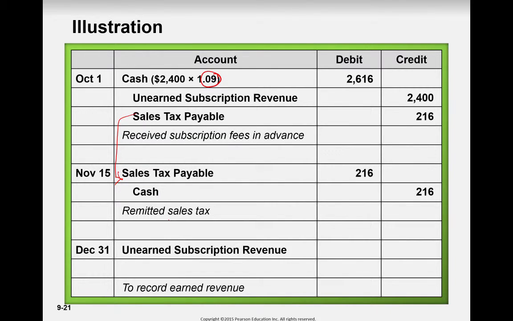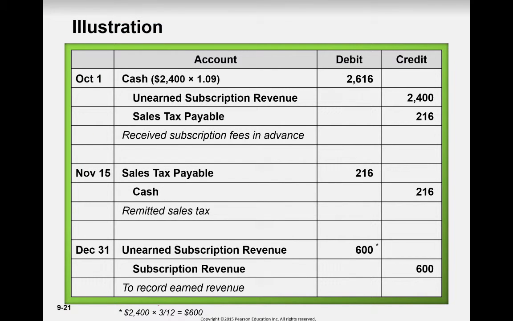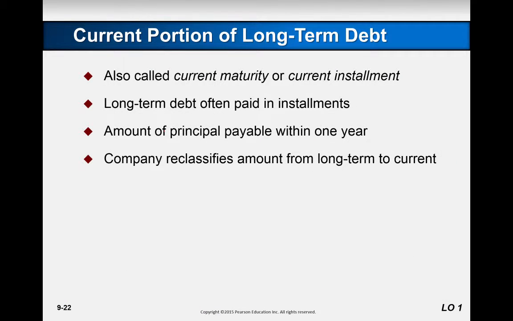cash. And then at December 31st, when we earn the revenue, we're gonna take the complete earnings off, and notice that here we've only earned 3 out of the 12 months. So this is just for 3 out of the 12 months, so that we're allowed to record that $600 as subscription revenue now. The current maturity or current installment of long-term debt has to be moved to the current section